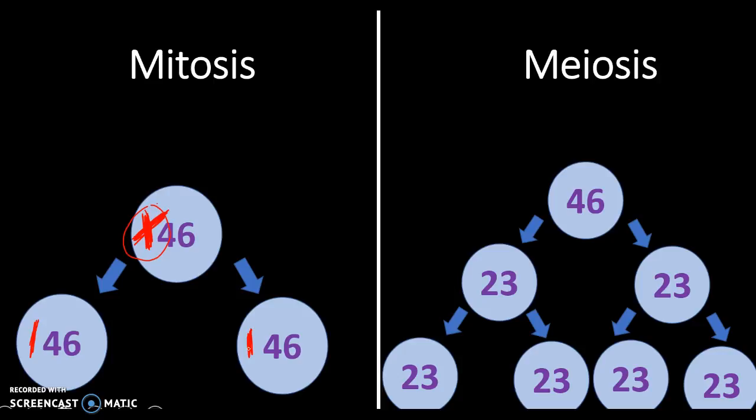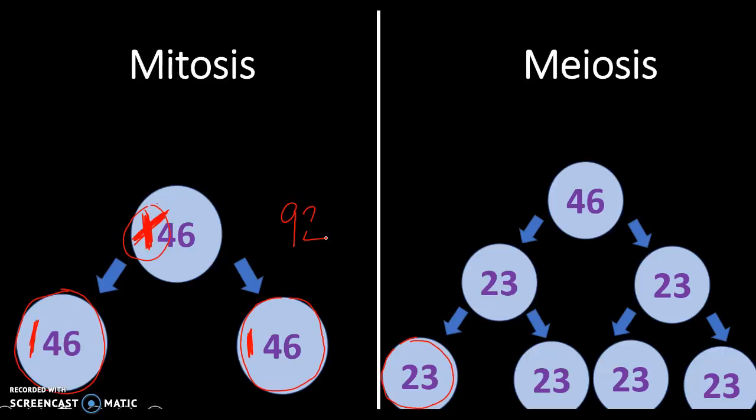Why do we have to have these gametes, these sex cells, with 23 chromosomes? Well, if you remember, we went over in class that to make a human, you have to have 46 chromosomes. So if gametes had 46 chromosomes themselves, if that was a sperm cell, and we combined that with an egg cell that also had 46 chromosomes, that would give us a cell with 92 chromosomes. That's twice as many.